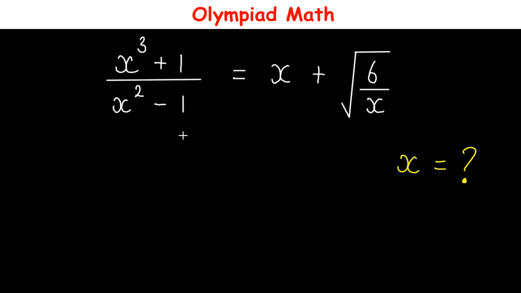Hello, in this video let us solve this question. We have (x^3 + 1) divided by (x^2 - 1) is equal to x plus the square root of 6 over x. And here, we are to solve for the value of x. So to solve this,